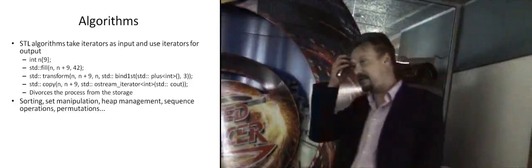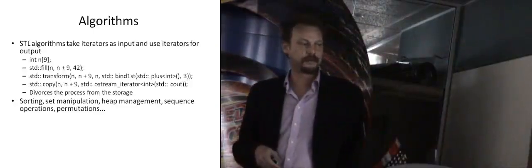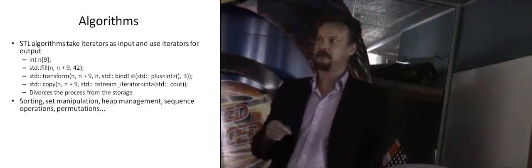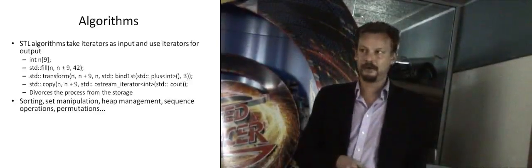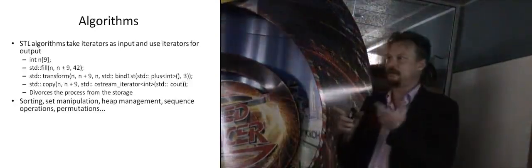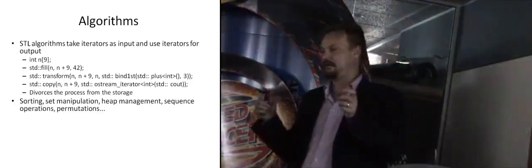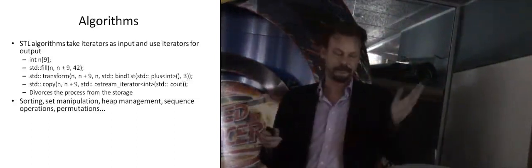There's a lot in the standard template library algorithms. I don't know if anybody's ever seen it. It's in the angle bracket algorithm header. 90% of what you'd want to do from day to day is in STL algorithms, including set manipulation. So given two sequences, you can find what elements are common to both, what elements are disjoint in both, what elements are in this and not in that one, and then find the unique elements in the remaining set.